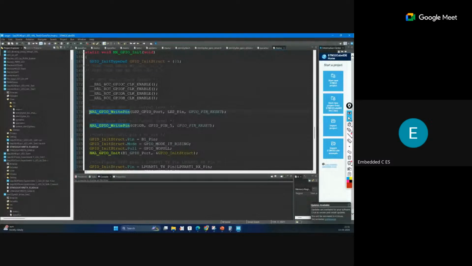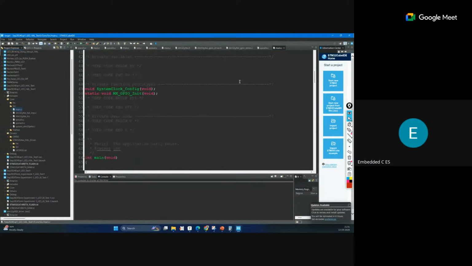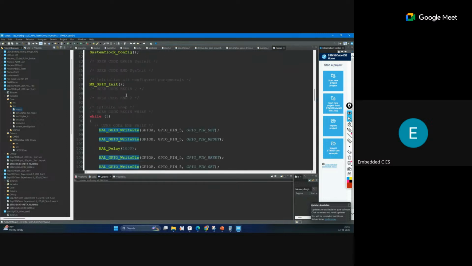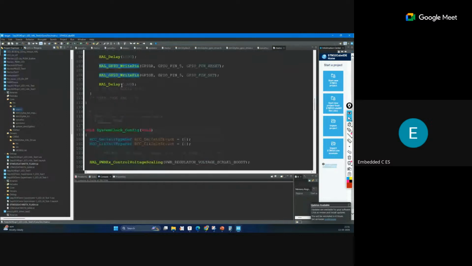We are calling this function. So how does this function work? Because this is defined inside this driver. Initially I think that is added, and this is not added. Still okay, HAL init. All HAL functions are there.